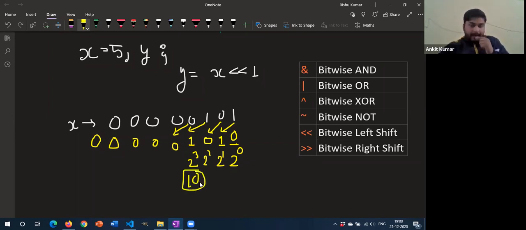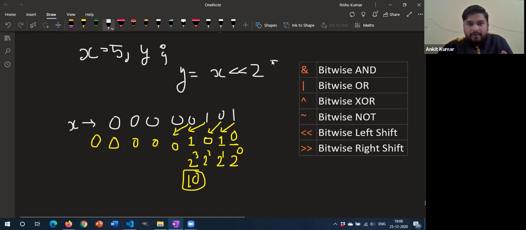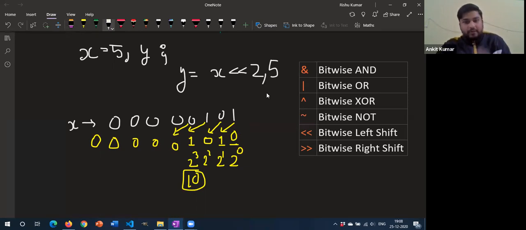Now this was very easy to do because we had to shift by one place only. But just imagine if in place of 1 I write maybe 2 or maybe 5, or maybe 25. It will become very difficult for me to shift the bits. So there is a trick. After this session, go and try it on your paper. Shift the bits by 1, then by 2, and then by 3. At max, do this 2 or 3 times, and you will observe a pattern.